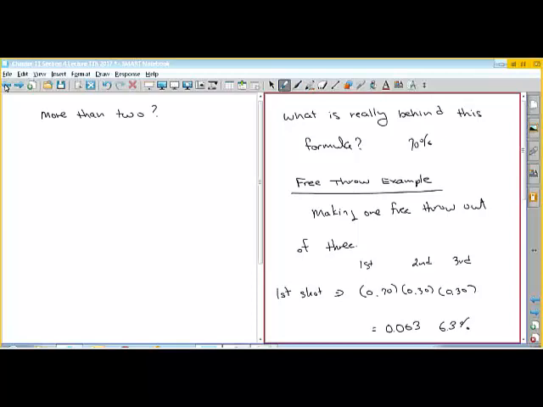But if you think about it in a more simple scenario, if you make 1 free throw and you miss 2 free throws, there's 3 ways for that to happen. You can make the first free throw and miss the second 2. You can miss the first one, make the second, and miss the third one, and you can miss the first 2 and make the third one. So to calculate the probability of each one of those 3 things happening, you use the